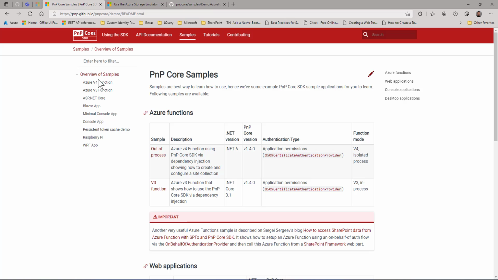So for example, here you can see different samples for Azure Function version 3 and version 4, and how you can use this SDK in ASP.NET Core, Blazor app, in WPF app, in Raspberry Pi. So there are different examples which are available to us, provided by the community.